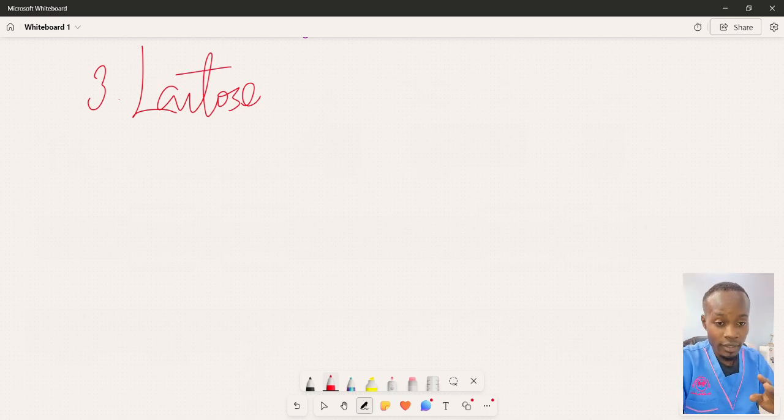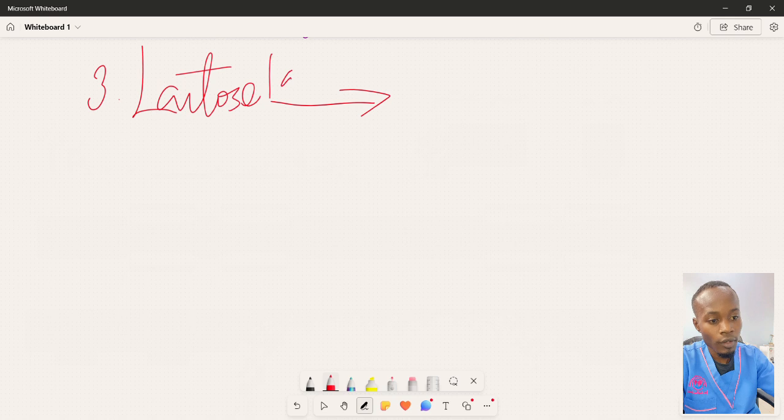Lactose is present in milk, so it's a sugar that is present in milk. At one point you had somebody say that they have lactose intolerance. Those are people who, when they take milk, start having a problem with their stomach, it starts rumbling, because they have lactose intolerance. So lactose is a sugar present in milk, and to break down lactose you have to have that